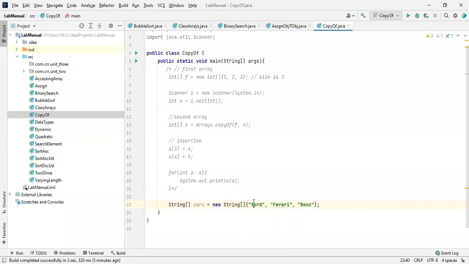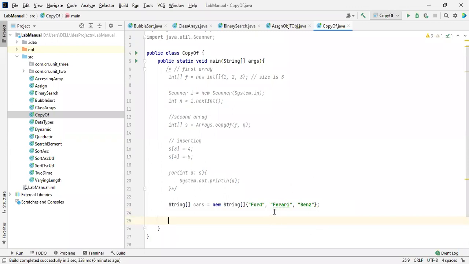Okay. So I just declared an array as a string. What is it consisting of? 3 elements, which tell about the company names of cars. Okay, what elements you take is your wish. Now I'm going to